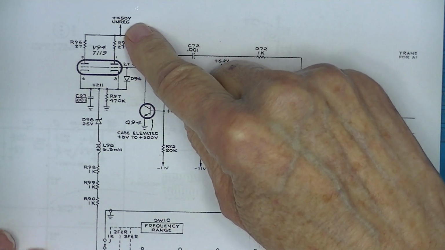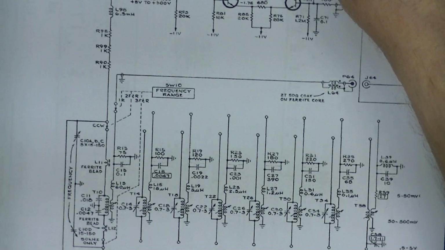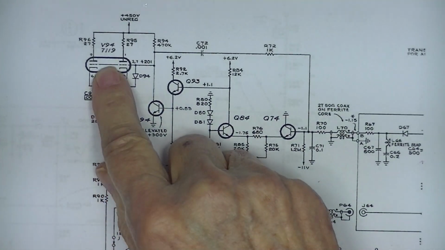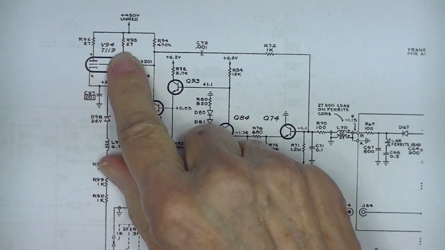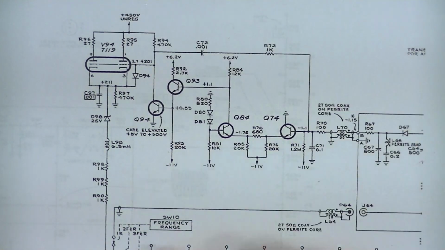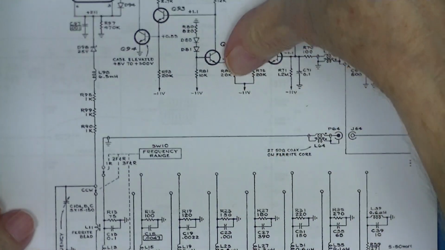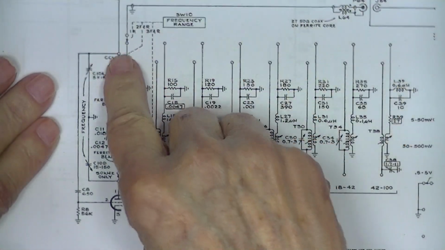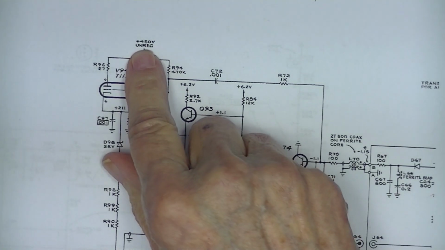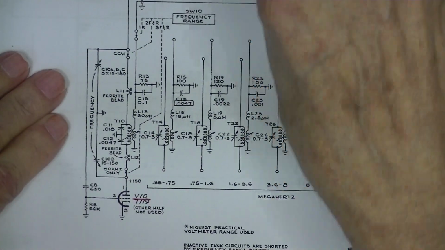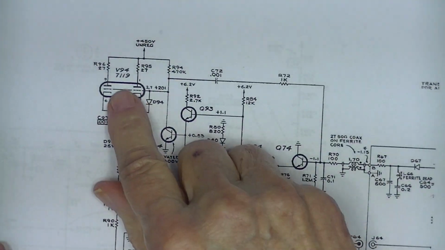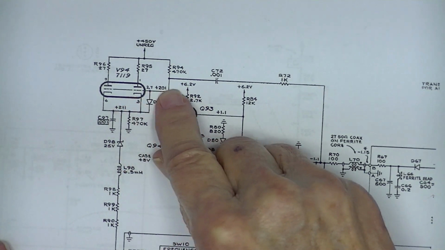So this 450 volts is measured between here and clear down here. If I drop 100 volts across this tube, that leaves 350 volts for this circuit. If I drop 300 volts across this tube, then I get 150 volts across this tube. So what I've got here is a circuit that, by varying this voltage on the grid,